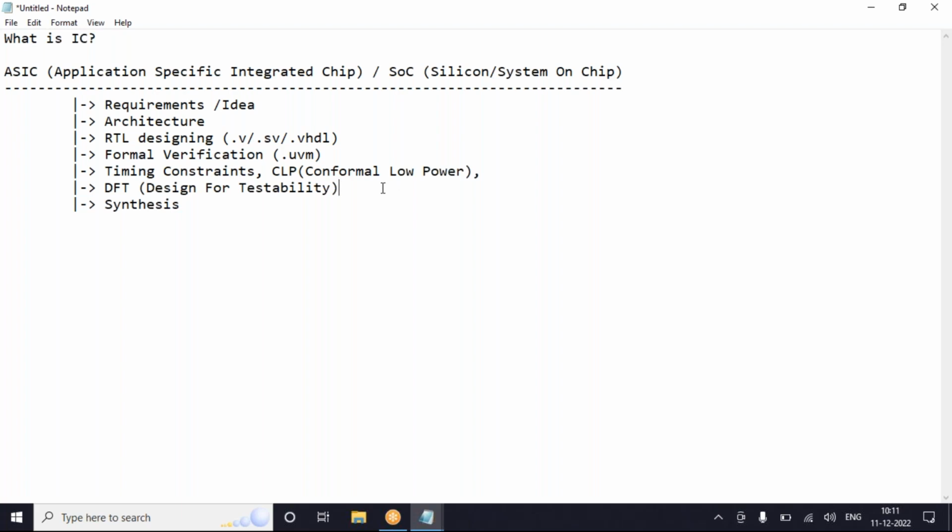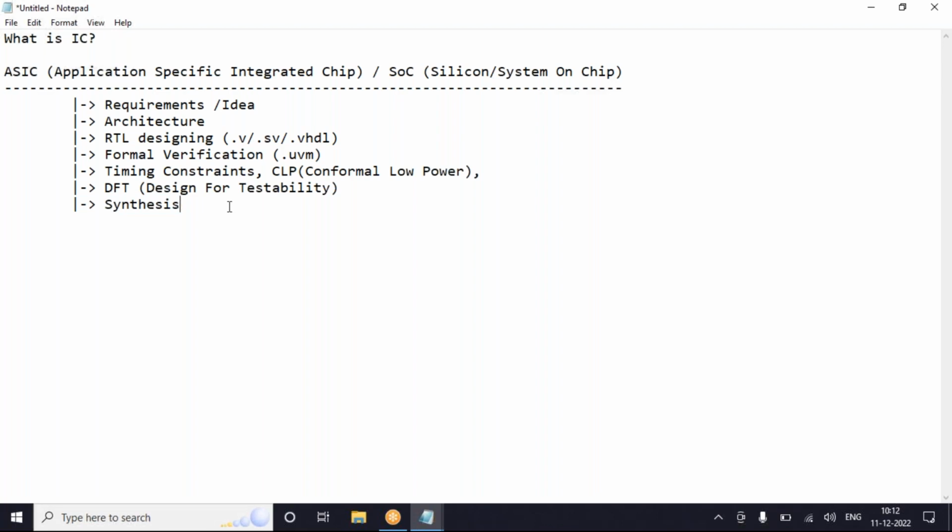After this, synthesis is where your backend flow gets started. Few will say synthesis is a front end also, and few will say it's a back end also, because it's like a finalized stage. It interacts with both behavioral code and technology dependent. So that's why synthesis might be a front end and a back end.